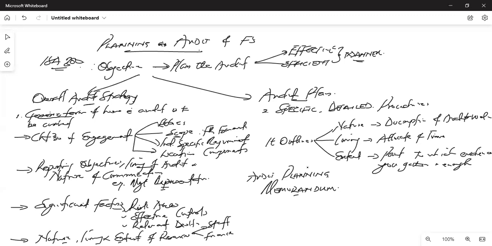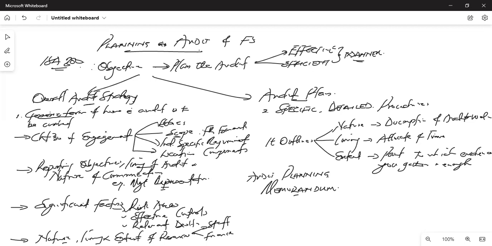Now, in very small-scale entities, you see that the memorandum is very, very brief. And the audit plan, you see it's so tailor-made. Okay, so that is what happens. Now, why do you need this audit plan? In fact, whenever you are asked such kind of questions, you still have to go by common sense. Now, when it says, what are the advantages of audit planning, it's just a question of the advantages of planning.